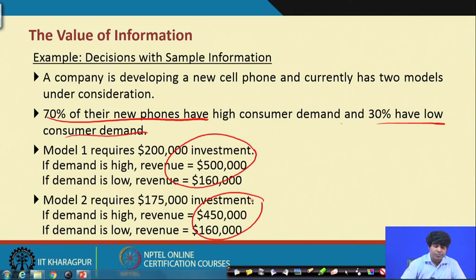In model 1 the investment requirement is $200,000, and in model 2 it is $175,000. In both cases there are 2 different structures: one is where demand is high, and the second is where demand is low. So we can have a decision tree with 2 different branches: model 1 and model 2, and against model 1 we have high demand and low demand, and again for model 2 we have high demand and low demand. Of course, the possible outcomes are already given here,